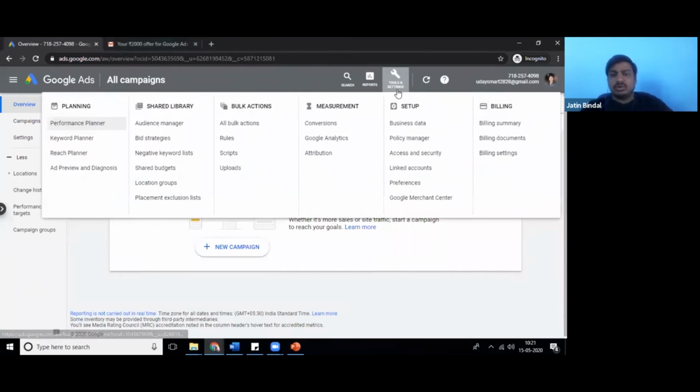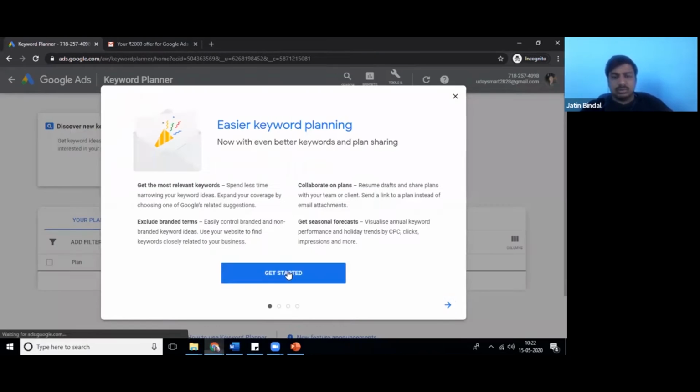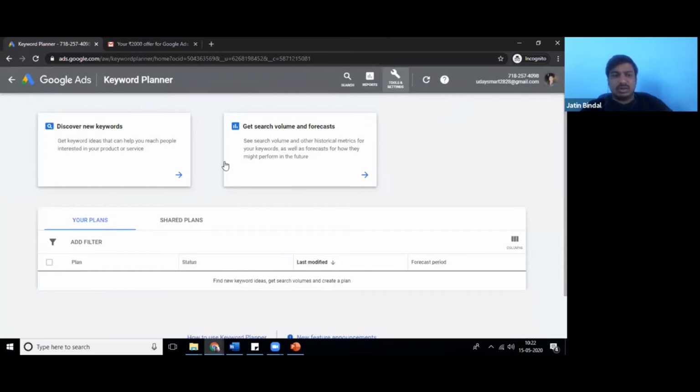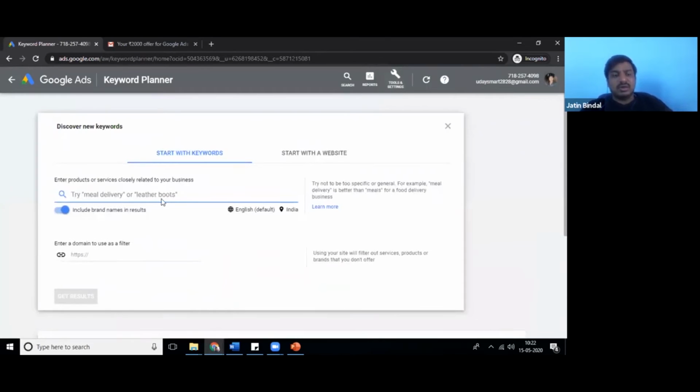You have to click on tools and then click on keyword planner. So everyone do that. Okay, cross it. Don't need that detail. Then click on discover new keywords, and let's suppose we are making a campaign for Henry Hogan.